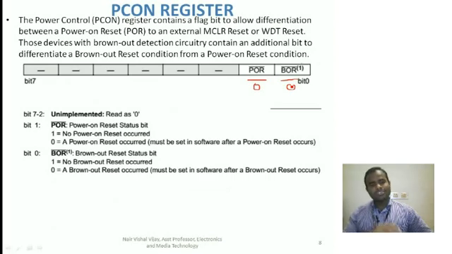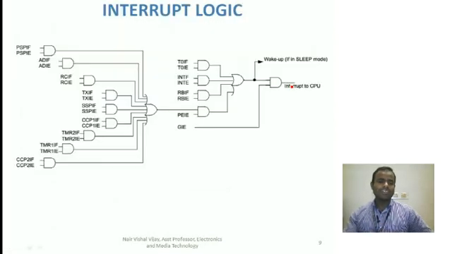So that's about the interrupts. The entire interrupt logic is summed up over here. As you can see, all the peripheral interrupts meet here in an OR gate. They are enabled with their interrupt enable bits, and they are noticed by the interrupt flag. So one of the peripheral interrupts can be enabled along with any of your timer, external or port B change interrupts. This is the entire interrupt logic.